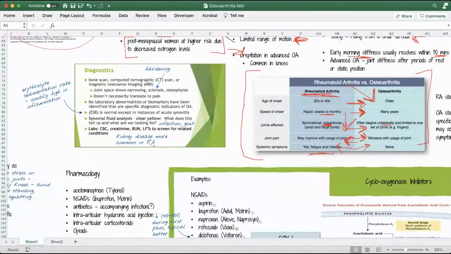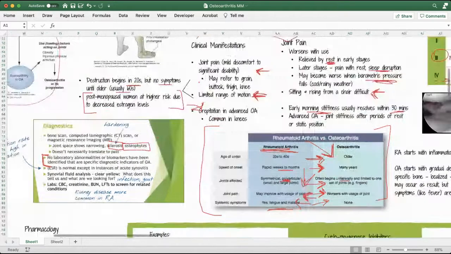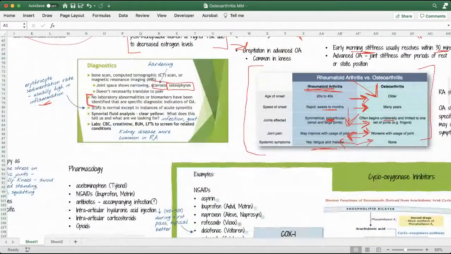You would be able to see the joint space narrowing and the sclerosis, which is just the hardening of that cartilage. And then you would be able to see osteophytes if we were at that stage already. You wouldn't see anything in the blood work really unless the inflammation, that secondary inflammation, has become so high that your